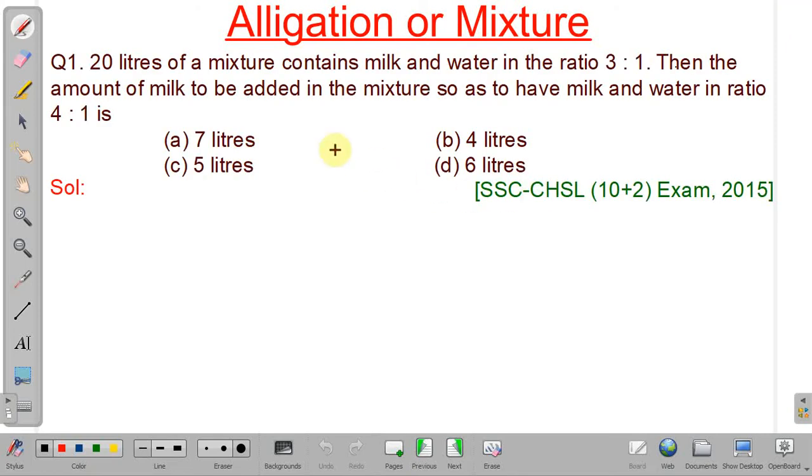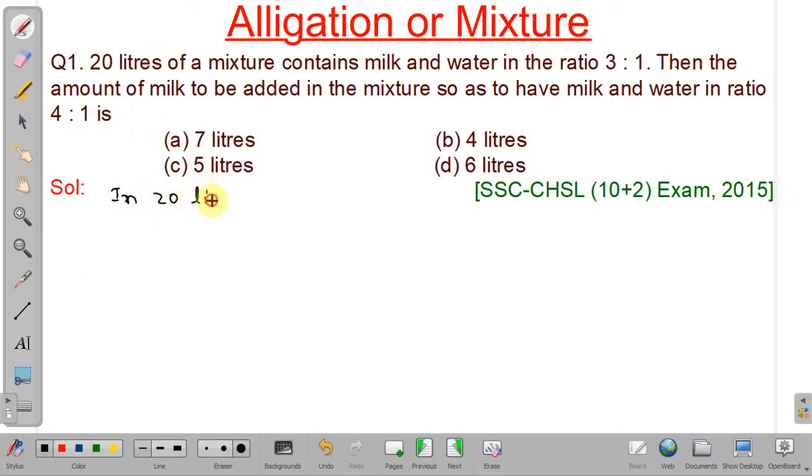See, in this problem what is given: 20 liters of a mixture which contains milk and water in the ratio 3:1. So we have to find how much amount of milk shall be added in the mixture so that the resulting mixture will have milk and water in the ratio 4:1. Okay. So what we have to do first, we need to find the quantity of milk and water in the original mixture. So in 20 liters of mixture,